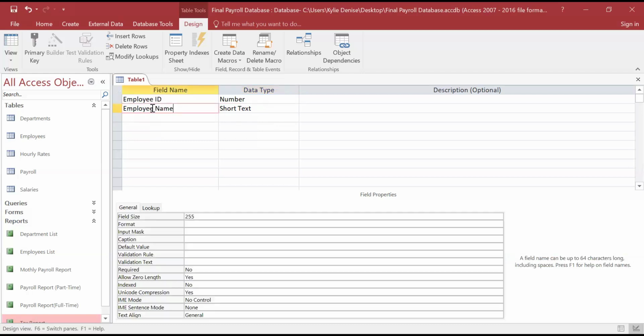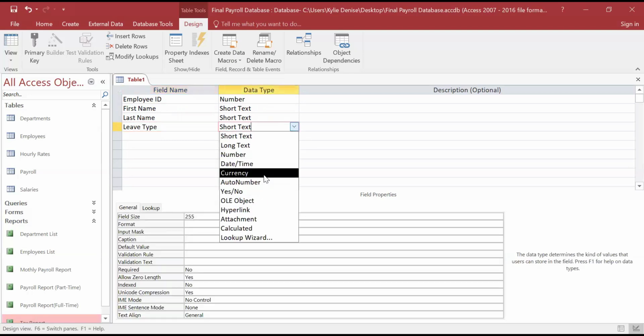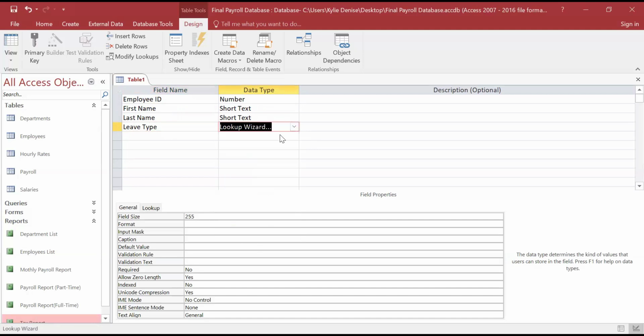Employee, let's say first name, last name. Let's say leave type. Here we can make a lookup.